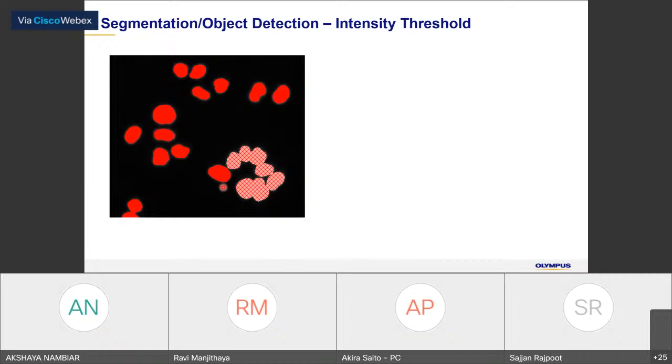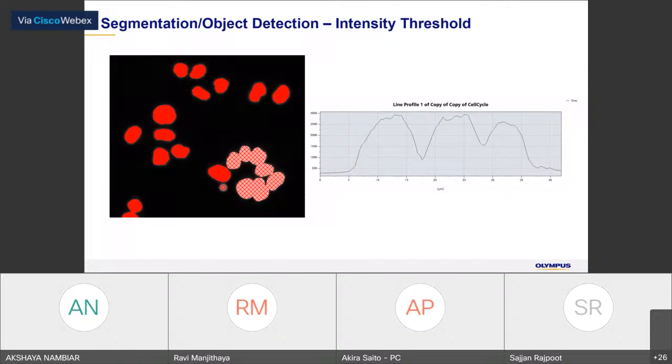To go further, to do proper segmentation, there is one method called watershed. There is an algorithm to detect the peaks and gaps, and give a division in the gap.